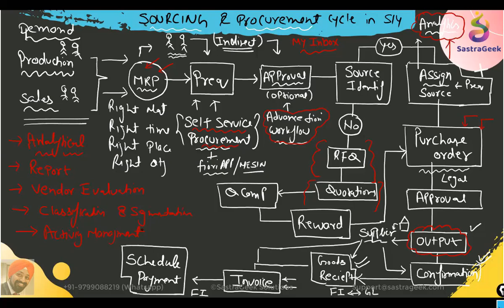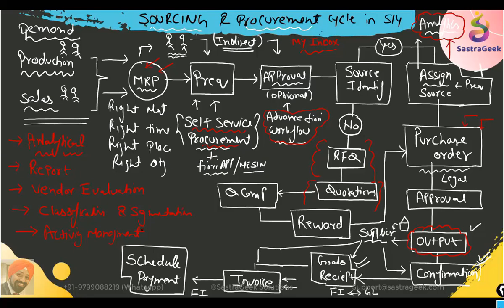To launch a new car, you need 50 new components. Who in your procurement team is working on them? What kind of task has been assigned to them? Which task has been completed? Which is pending? All of this tracking and tracing, which earlier happened on Excel sheets, can be done in your S/4HANA system itself with sourcing and procurement in S/4HANA.